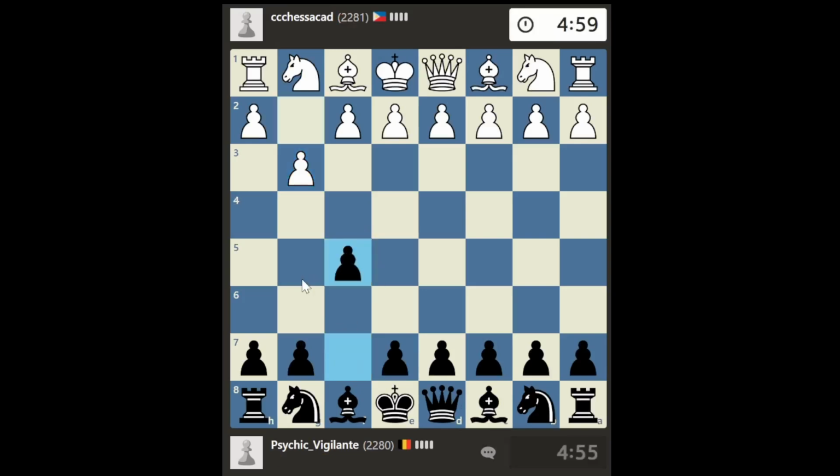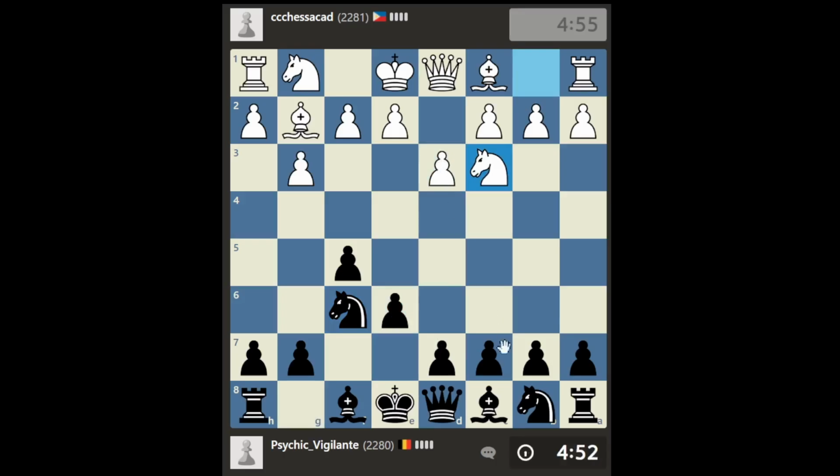Okay, let's go with the Dutch defense. We have 1 g3. This is probably going to transpose to some sort of Catalan, but this d3 move you need to be very careful about,